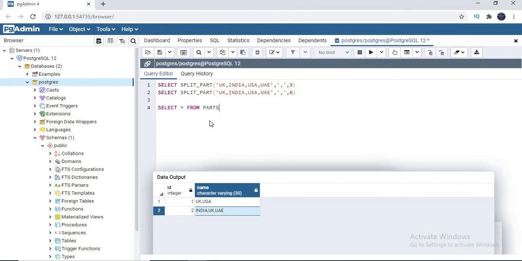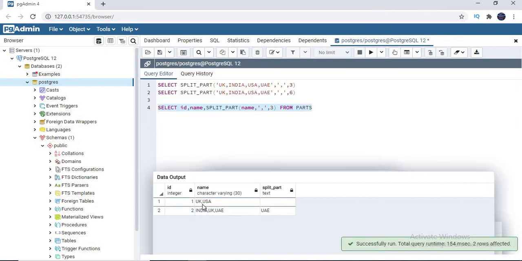Okay, so in this case how to apply this? Let's remove this star symbol. I want the ID individually, and the name also required, comma. Now let's apply split_part. What is the input? Name. What is the delimiter? We can apply the delimiter as comma. What position value do you want? I always want the third position value, whether it is there or not. Let's run this. If it is there I'll make use of it in the next result, otherwise I'm okay with an empty or blank.